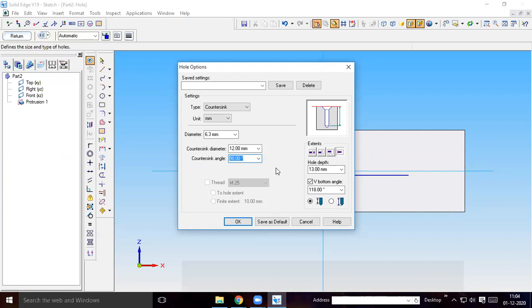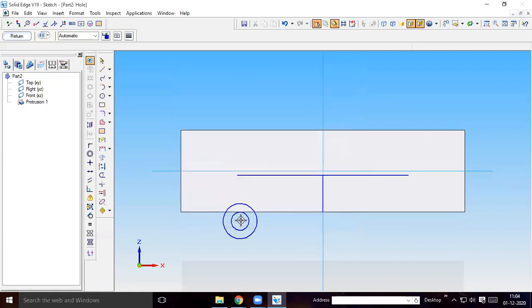Then we have to give a through hole. Then place this here as well as here.